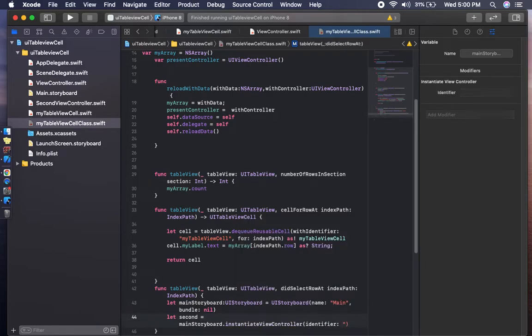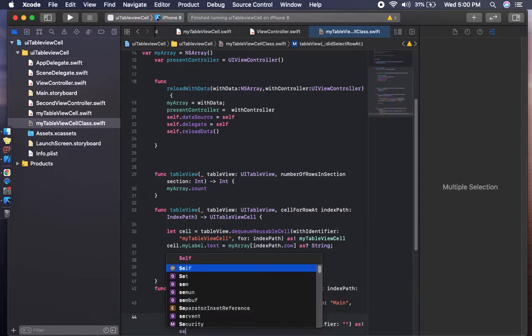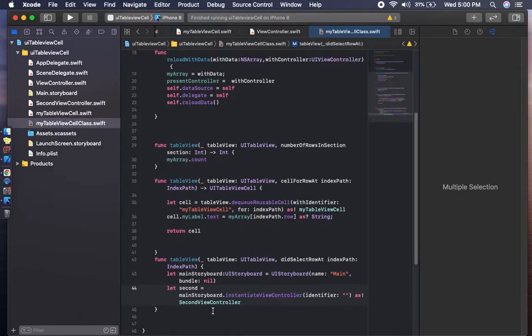I am giving the SecondViewController identifier. This storyboard identifier is used for identifying the second view class.